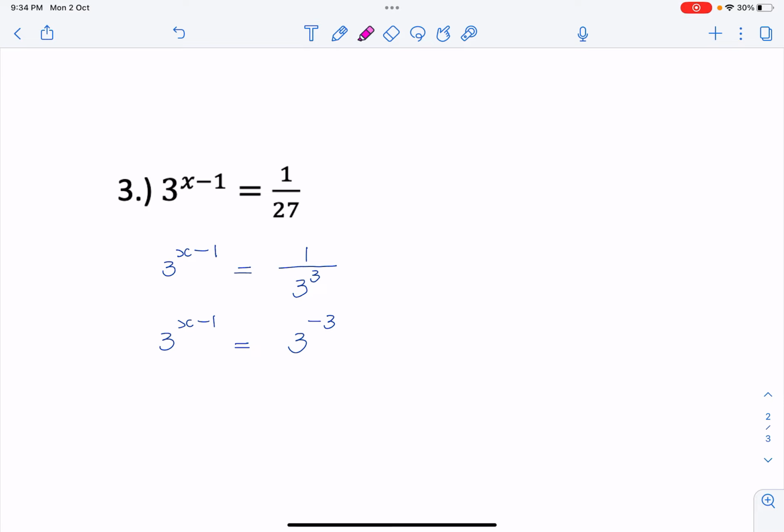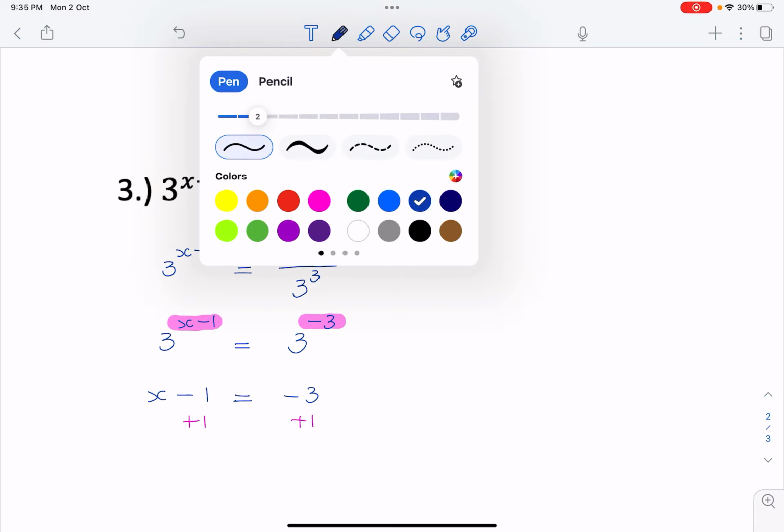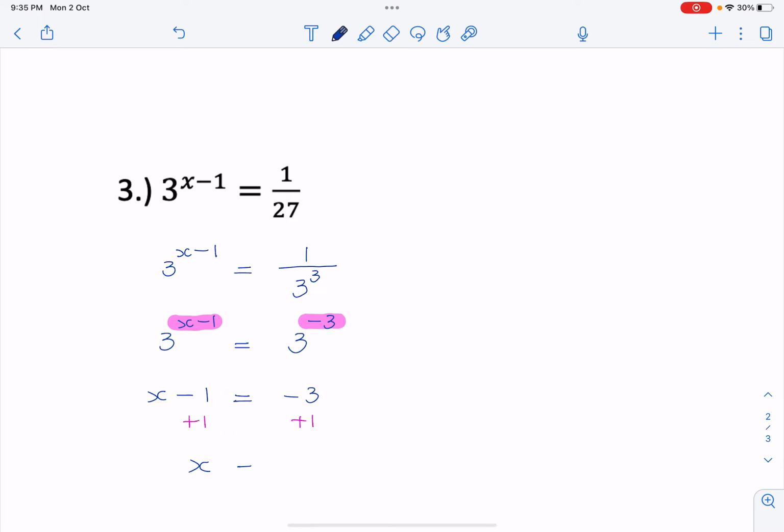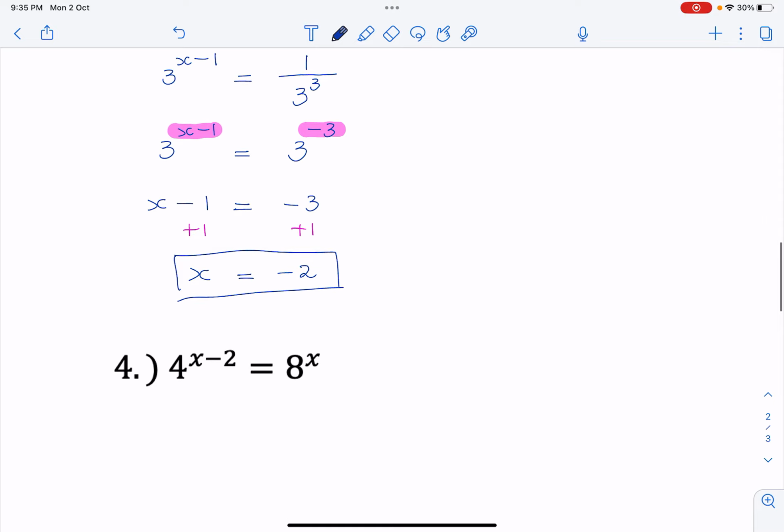Since now the bases on both sides are already equal, we can derive a conclusion that the exponents must be equal. So x minus 1 must be equal to negative 3. Solving the equation for x, we add 1 to both sides, so x must be equal to negative 3 plus 1, which is negative 2. Okay,